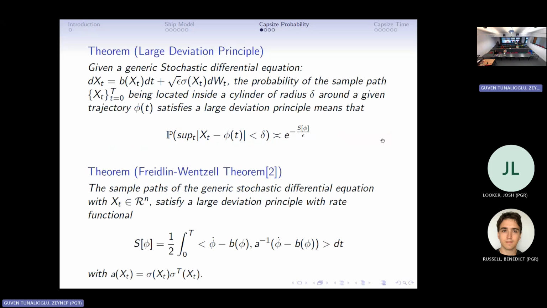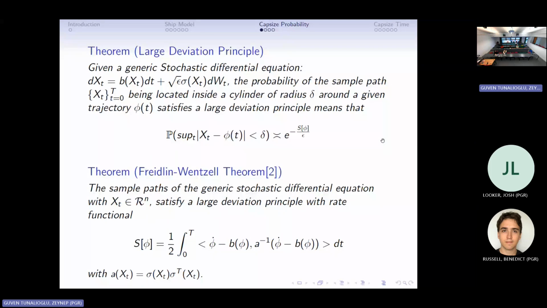So here we use the large deviation principle to model the probability. We have the very famous central limit theorem that describes most of the scenarios, but the central limit theorem is not applicable here, because it is usually used to describe medium-centered, or say mean-centered, situations, where we focus most of the thing around the mean of the probability distribution. But ship capsize is a rare event. We don't have capsizing all the time, every day, right? So it's a tail event, which should have a rare probability or very small